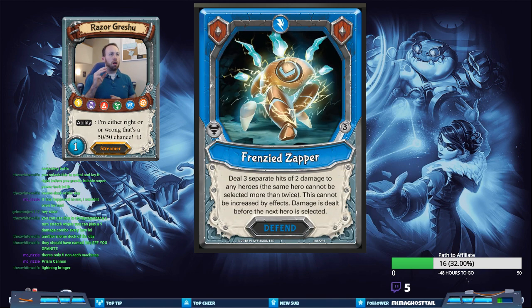Frenzied Zapper. Lightning, Elemental Defend card. Okay, deal 3 separate hits of 2 damage to any heroes. The same hero cannot be selected more than twice. This cannot be increased by effects. Damage is dealt before the next hero is selected. Interesting. So pretty much how I'm reading this, unless